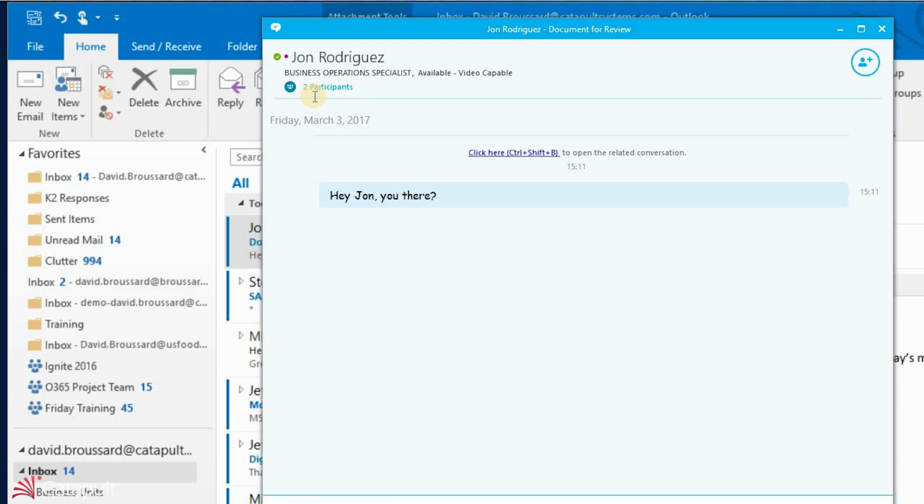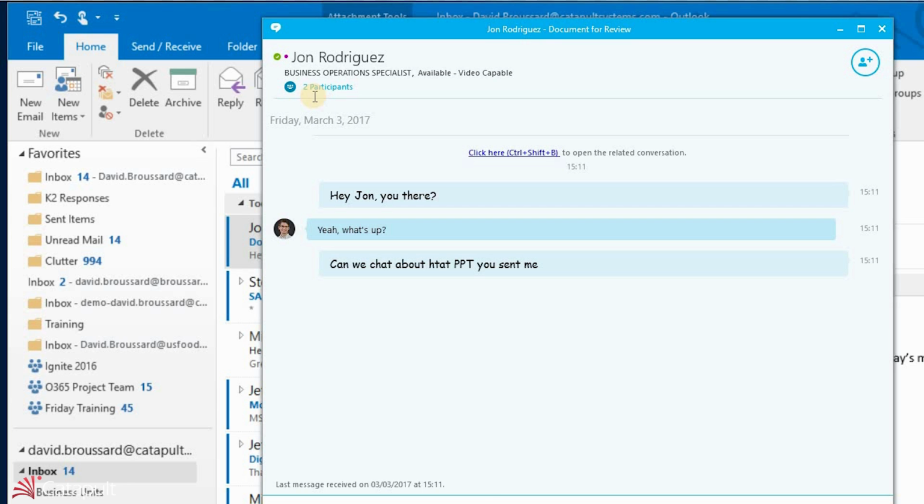And I'll hit enter. Now what's going to happen on his end is John's going to get an IM message that says, hey, are you there? And amazingly, he actually is green. He can see this, and you'll see he's typing a message back to me. Say, can we chat about that PowerPoint you sent me? I'll send that over to him, and he'll respond back to me. You can see it's actually very easy. We can still do it kind of asynchronously. He says, sure. Can I add